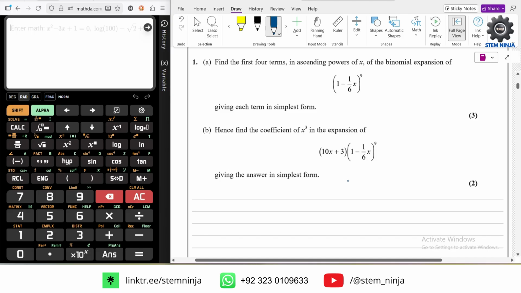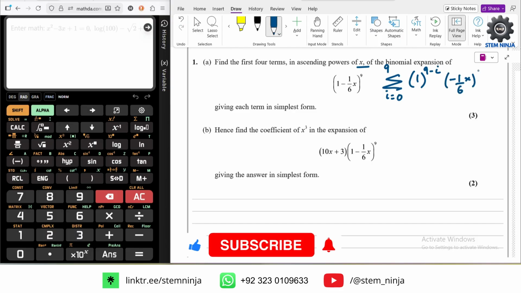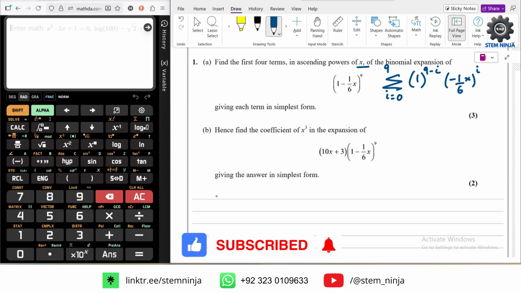Question number 1. Find the first four terms in the ascending powers of x of the binomial expansion of (1 minus 1 over 6x) to the power 9. Okay, so we know the binomial expansion, how this goes. So this goes from 0 to 9. First term goes, since we want ascending powers, so this can go from 9 minus i, and this minus 1 over 6x could go power i. So the first four terms would be